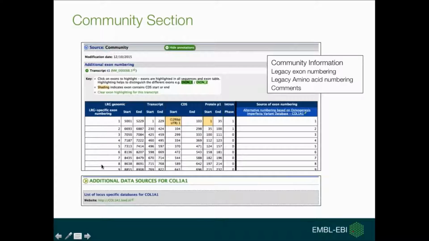And here you can see the LRG-specific exon numbering, and here is the legacy exon numbering provided to us by the Osteogenesis Imperfecta variant database. Finally, if you're interested in additional data sources for this particular gene, you can click on this link and you will see a list of all the locus-specific databases for this gene. And of course, if you go to each database, you will see all the known variants that fall in